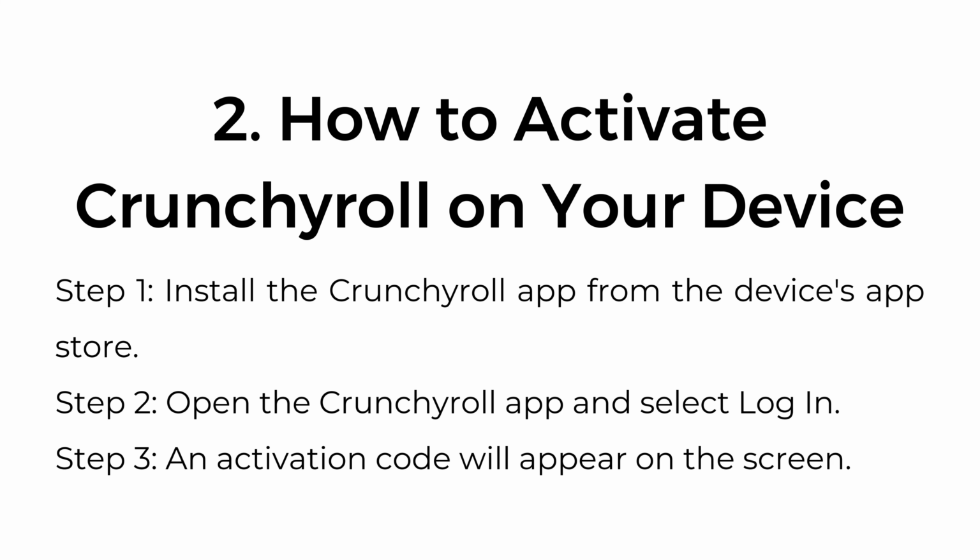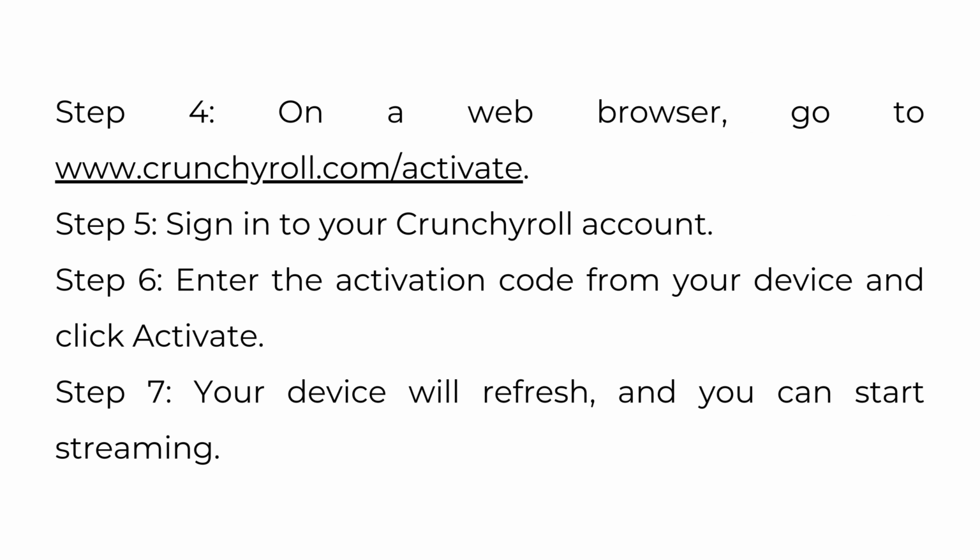2. How to activate Crunchyroll on your device. Step 1. Install the Crunchyroll app from the device's App Store. Step 2. Open the Crunchyroll app and select Log In. Step 3. An activation code will appear on the screen. Step 4. On a web browser, go to